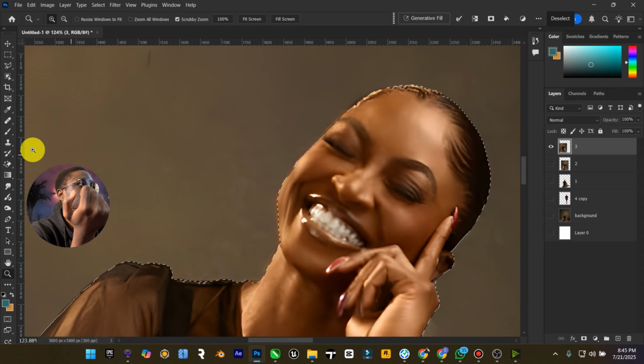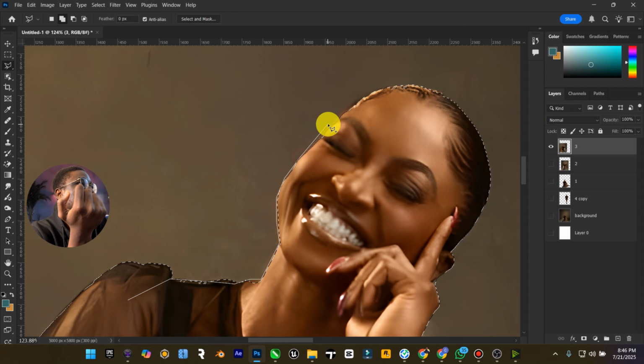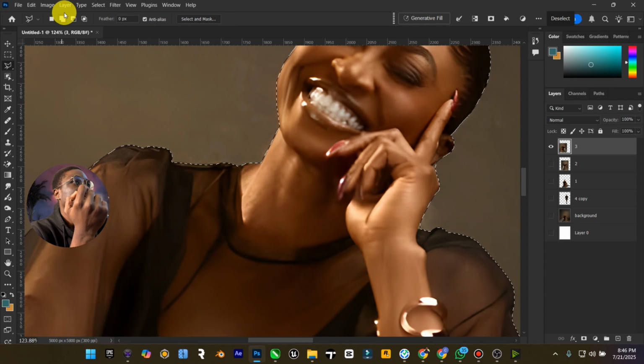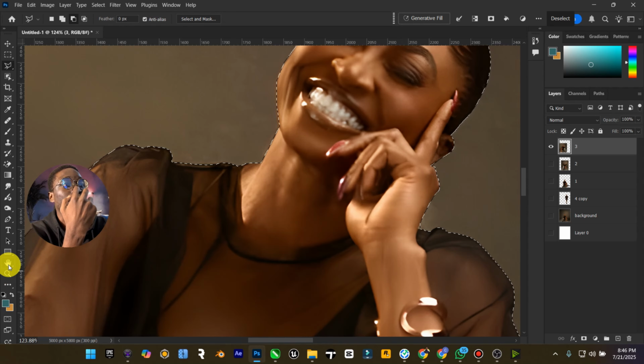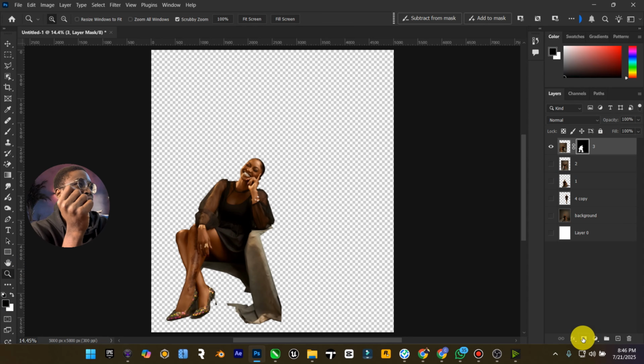So let's zoom in and make sure our face and all these selections are very, very key. They are easy to overlook, but don't overlook them. It makes your image, your design stand out, because there are some designs that look very, very good, but by the time you look at the edges, you know that this person didn't take time to properly edit it. Like one design I saw, a photo manipulation I saw on Facebook, crazy photo manipulation, but it was just